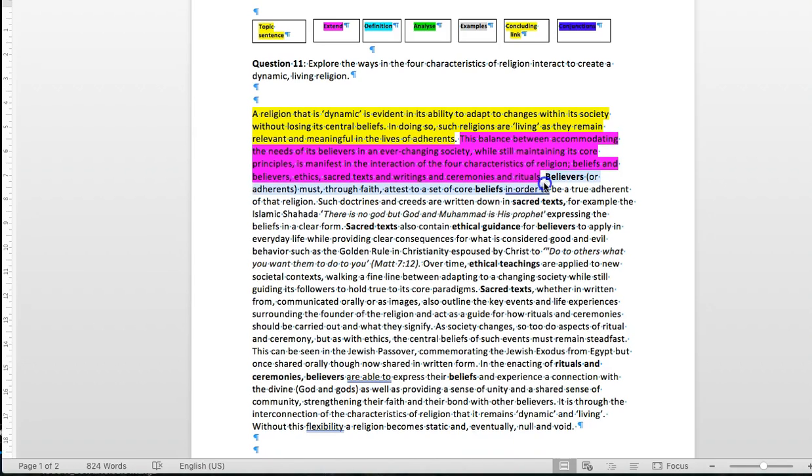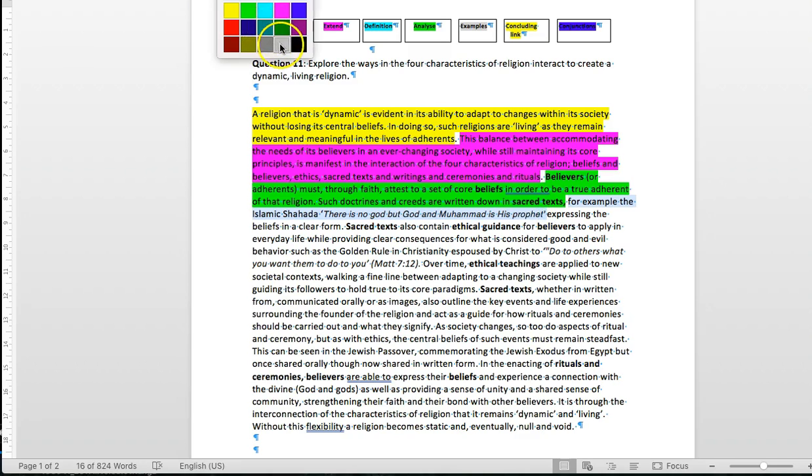Believers or adherents must, through faith, attest to a set of core beliefs in order to be a true adherent of that religion. Such doctrines and creeds are written down in sacred texts. For example, the Islamic Shahada, there is no God but God, and Muhammad is his prophet, expressing beliefs in clear form. So we have our example,